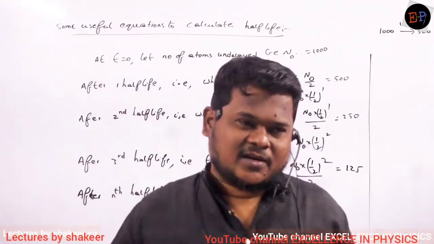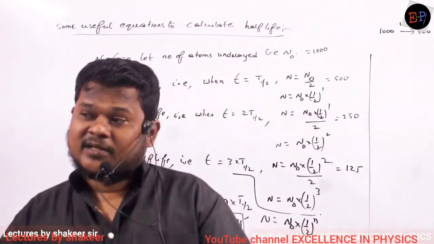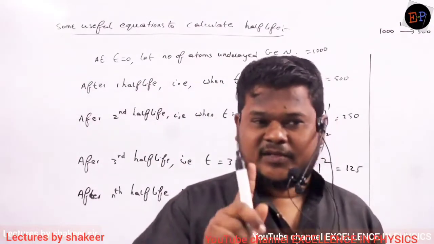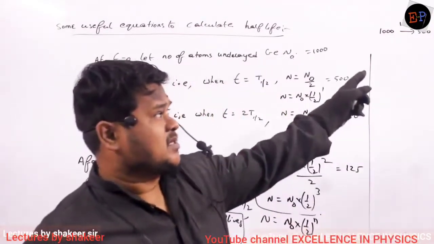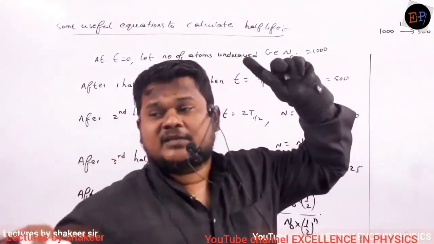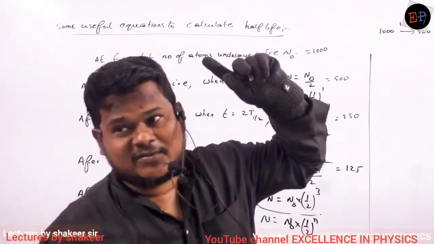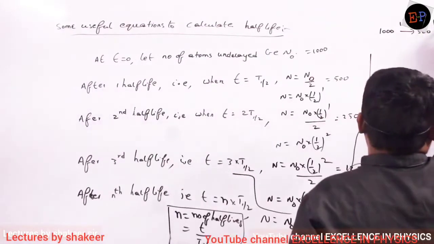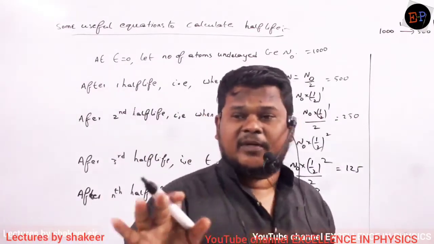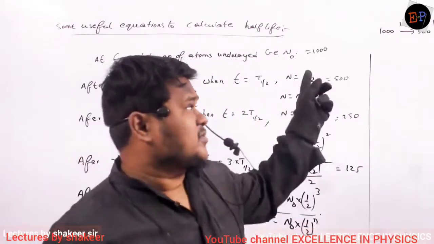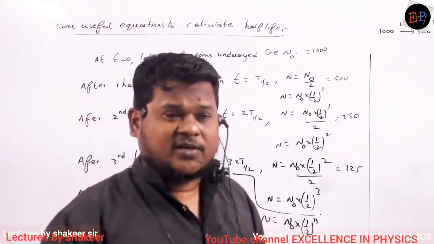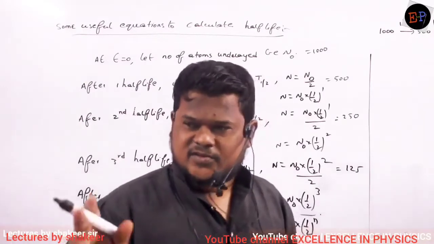1000 atoms have converted into 500. It means how many atoms have disintegrated? 500 atoms have disintegrated, and the time taken for 500 atoms to disintegrate is 1 hour. Clear? Now how many atoms are there? 500. From 500, 250 should disintegrate and 250 should remain. Then what will be the time taken? Half an hour, no? No. The time taken is again 1 hour only. Half-life always remains constant for that particular material. Are you able to understand? So from 1000 to 500 also 1 hour, 500 to 250 also 1 hour, 250 to 125 also 1 hour, 125 to 62.5 also 1 hour.